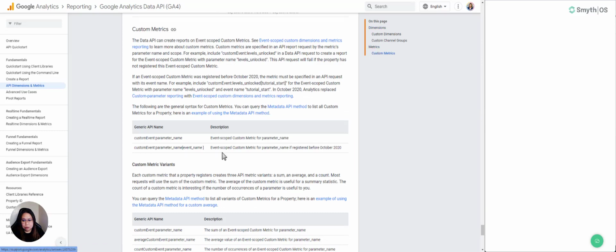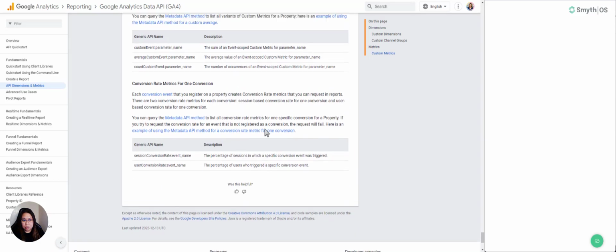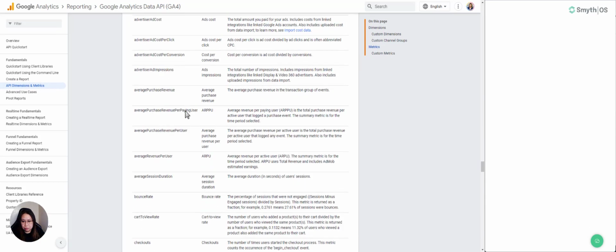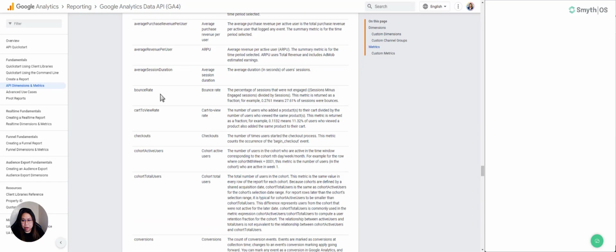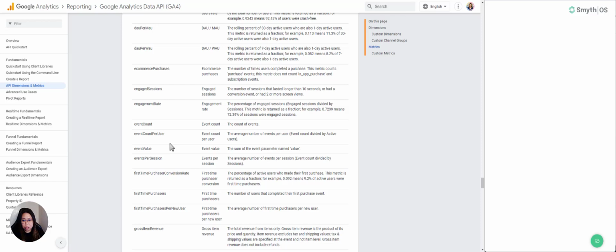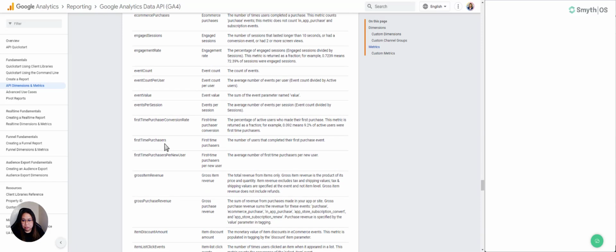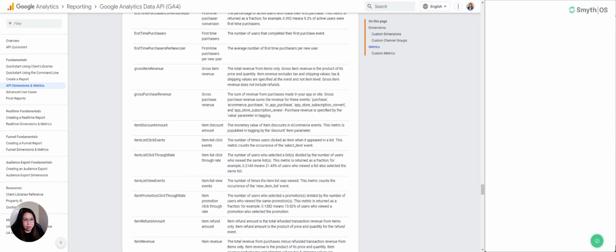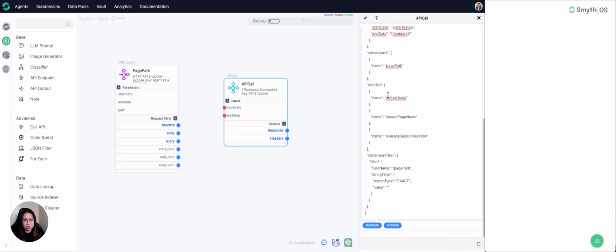If you want to go to the metrics, let's do metrics. Okay, average, yeah, bounce rate, checkouts. Again, it depends on your need. So engaged session, event value, event count. So it depends. All right, so for now we're gonna use active users, screen page views, average session duration for